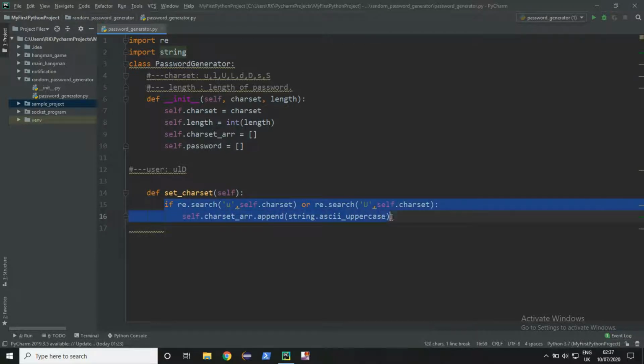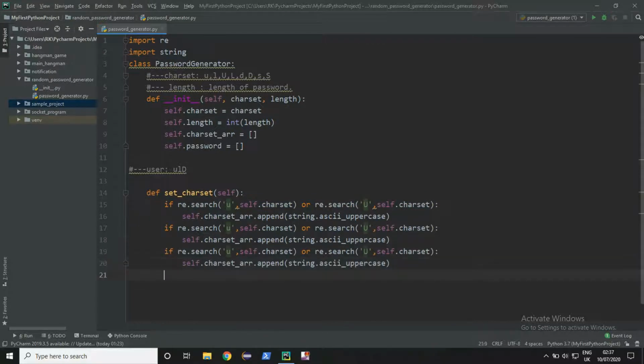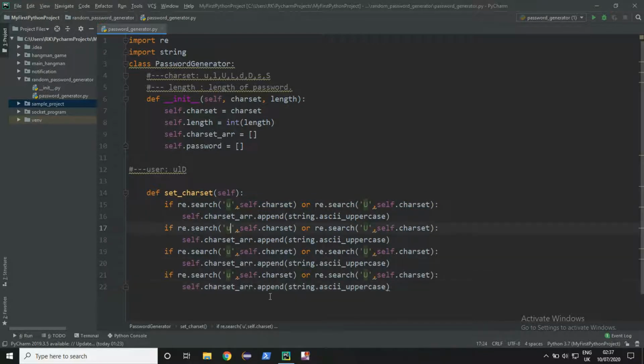Let's copy this code. For lowercase l, digits and symbols. For lowercase, we will use string dot ascii underscore lowercase.